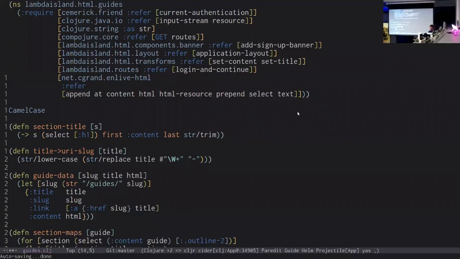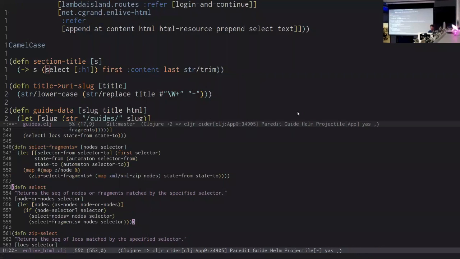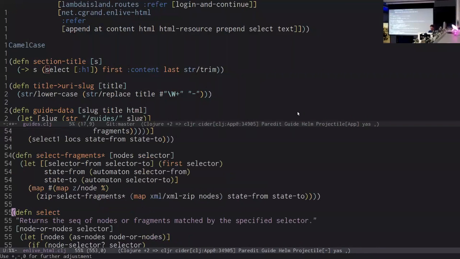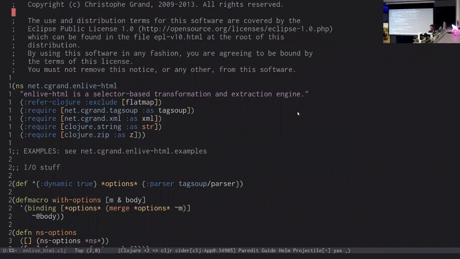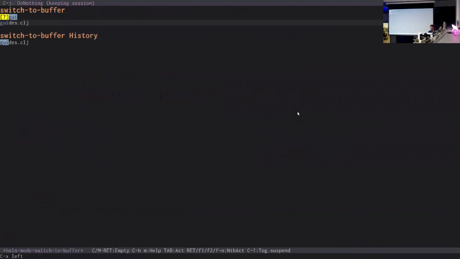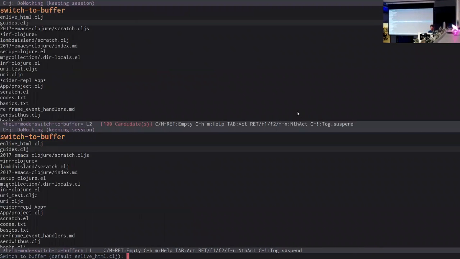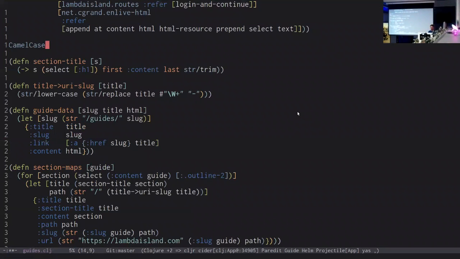Navigation, so things like jumping to the definition of a function. Actually, jump to definition is something from Cider. I'm getting ahead of myself. The navigation things that Clojure mode provides are actually not that much, but they're useful. They're extensions to what Paredit provides. So if you have something like this,